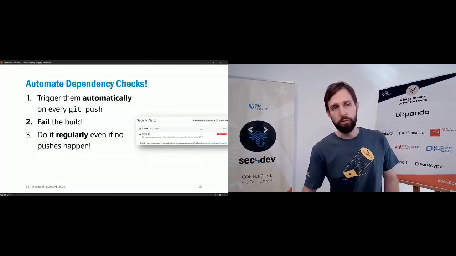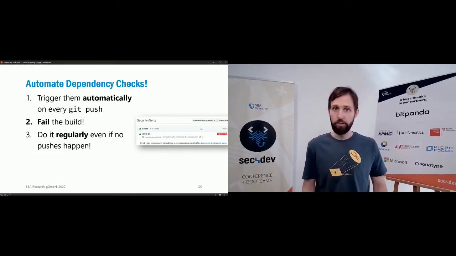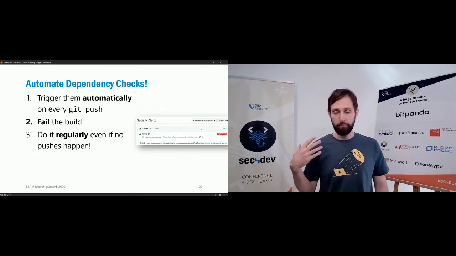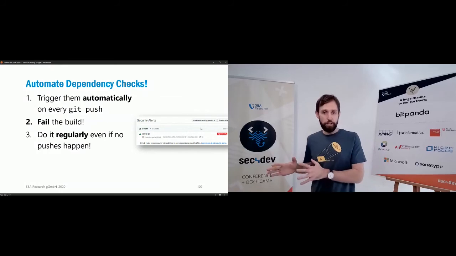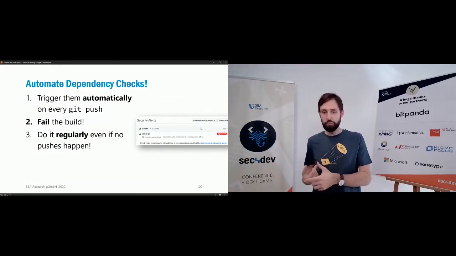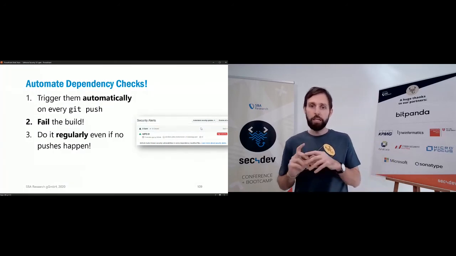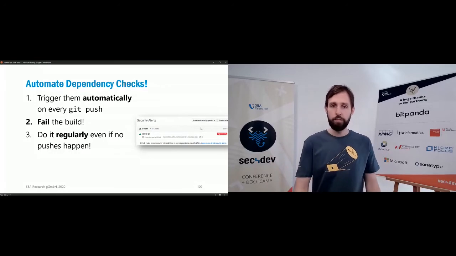So what I suggest you to do is automate dependency checks and trigger them automatically every time you push something to the repository. And if you have known vulnerabilities in there above a certain threshold of severity, fail the build and force yourself to look after that and force yourself to update that dependency. If you don't push anything to that repository, make sure to even do that regularly in the background or to rebuild the container so that the dependencies stay up to date automatically, even though maybe you're not actively changing things